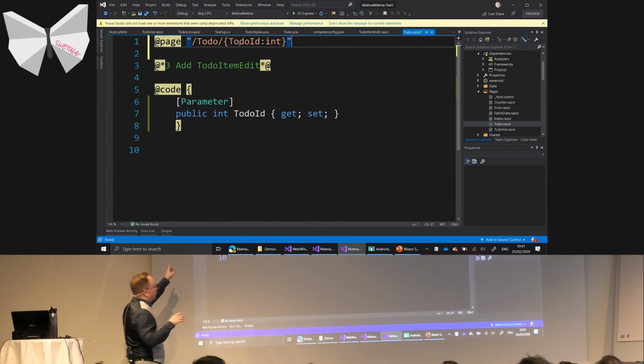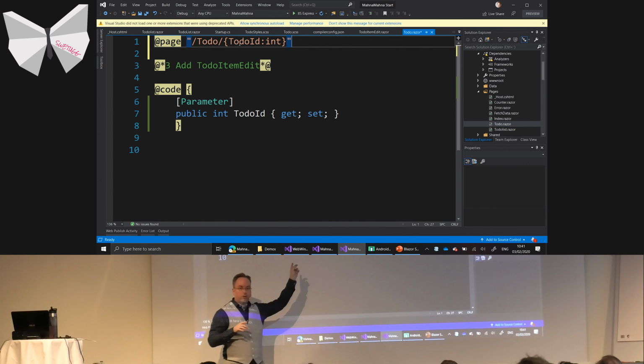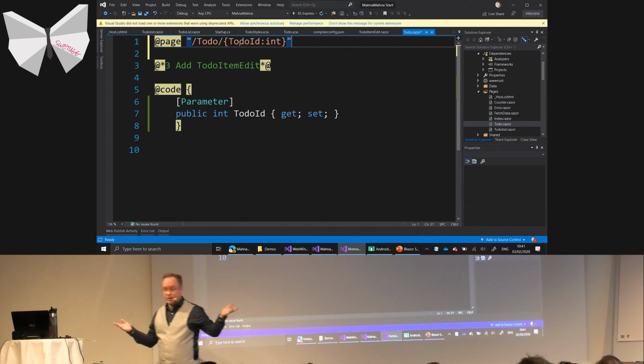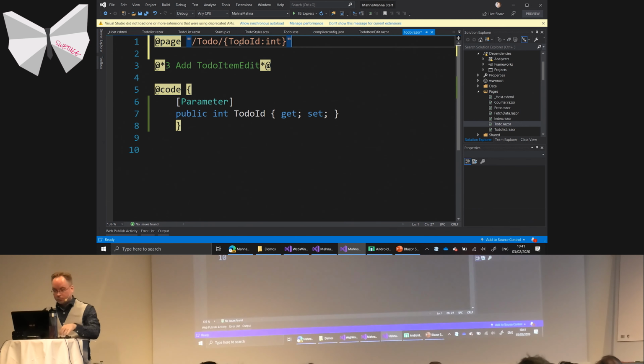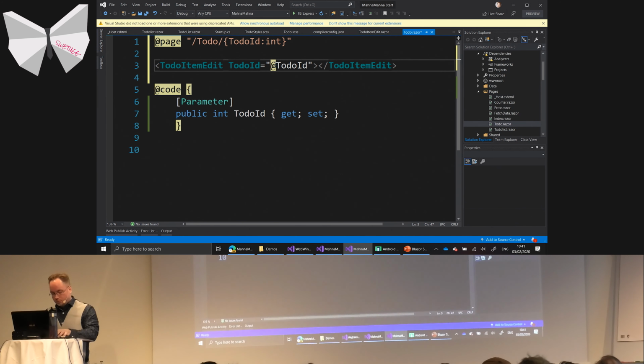So the URL up there is going to connect with the to-do ID parameter because it has the same name and the same type. Then I want to add the component I created. So to-do item edit, I want to send in the to-do ID, and I want to use the parameter to-do ID, like so. So if I run this now,